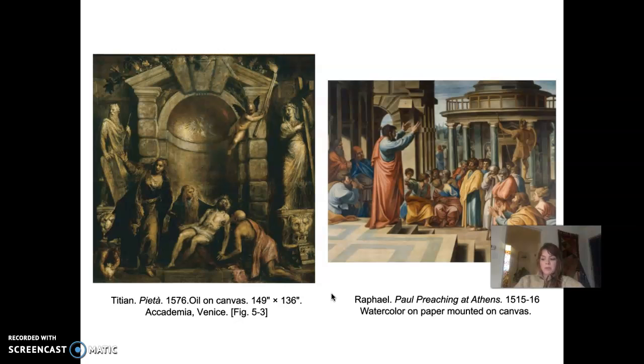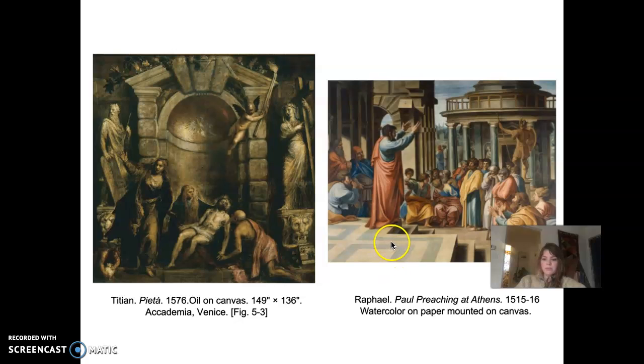Titian's immediate predecessors in Italian art were the Renaissance masters, Raphael, you may have heard of him, Michelangelo, and Leonardo da Vinci, amongst others. If we look at Raphael, who came before Titian, you can see his style of painting here. It's very smooth, the brushwork is blended, and it's very soft. He's taken a lot of time to blend those brushworks in, and you can't see each stroke from the brush. He's completely smoothed them out.